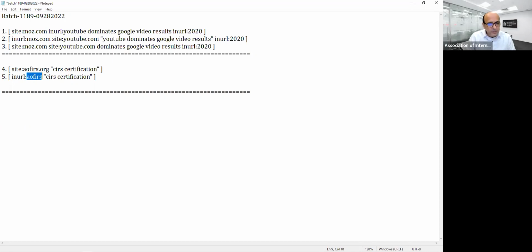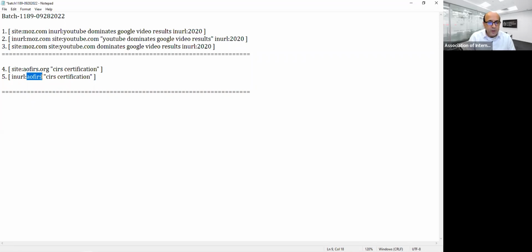So if you are running in URL with the colon and AOFIRS, there could be other links and URLs that contain the word AOFIRS, just because the URL has picked a portion or is directing a portion of the information page